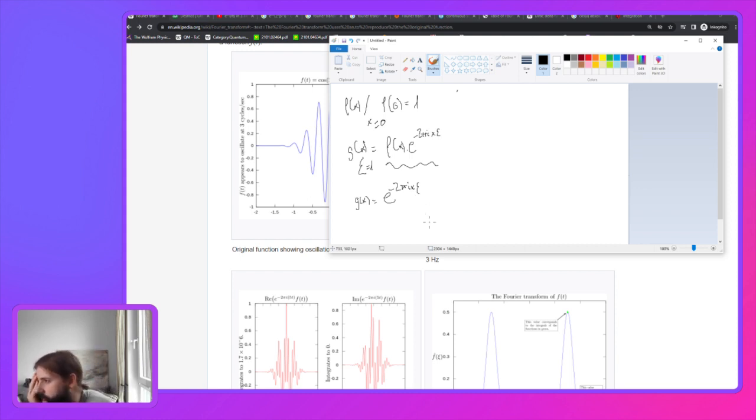This means the integral is then the same, right? So this is really just this circular thing,